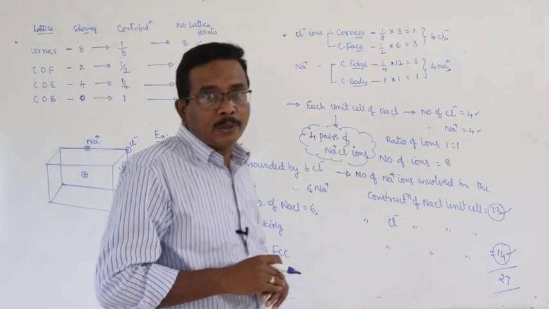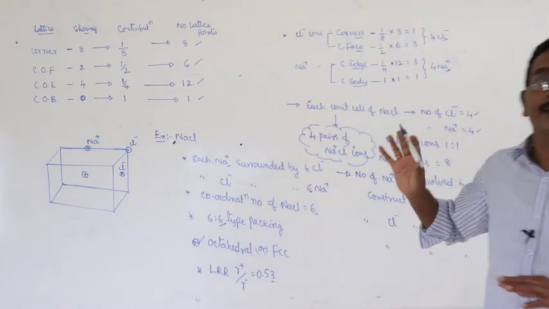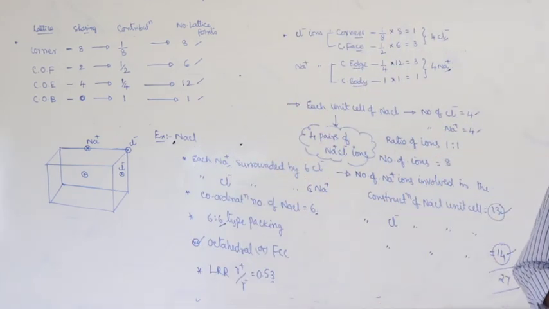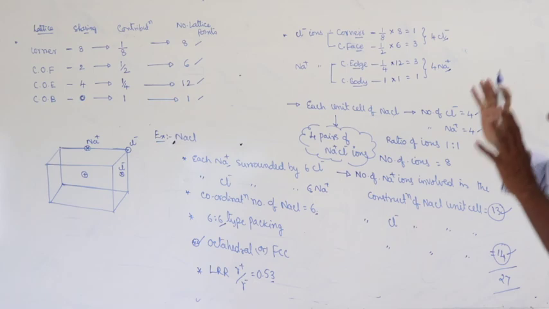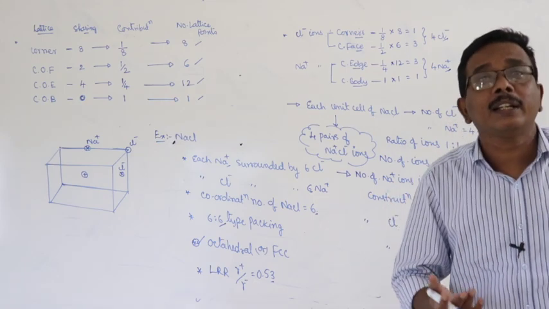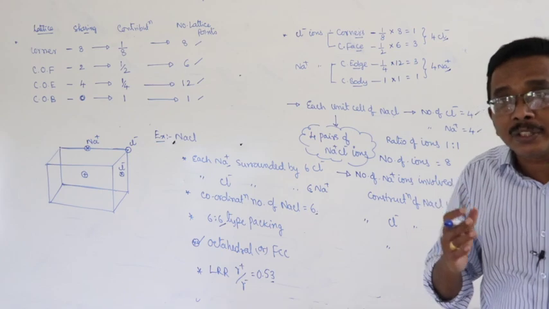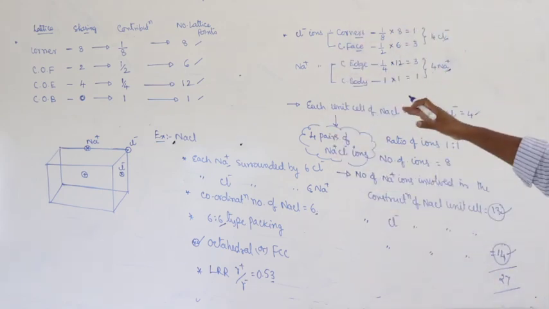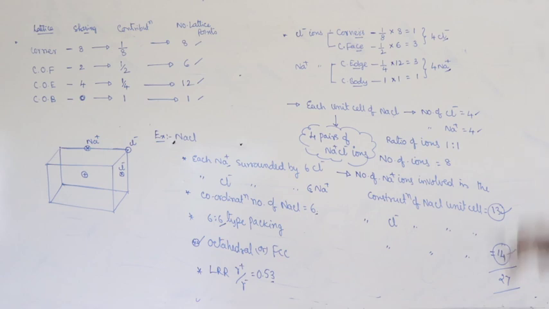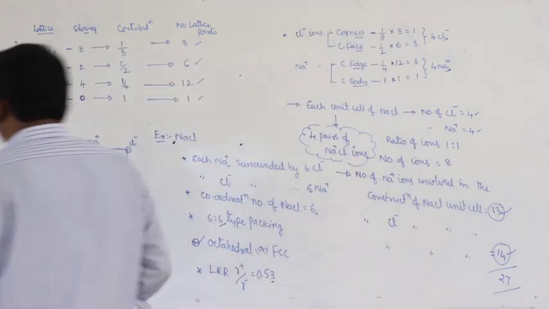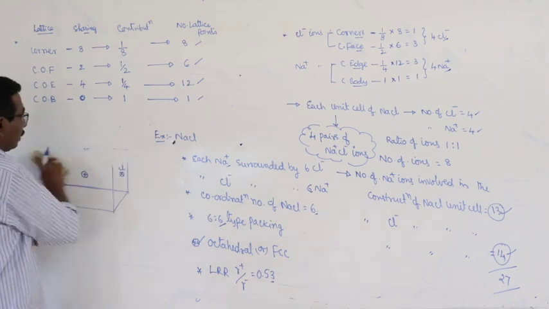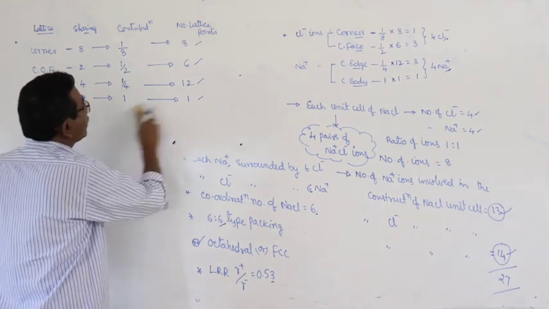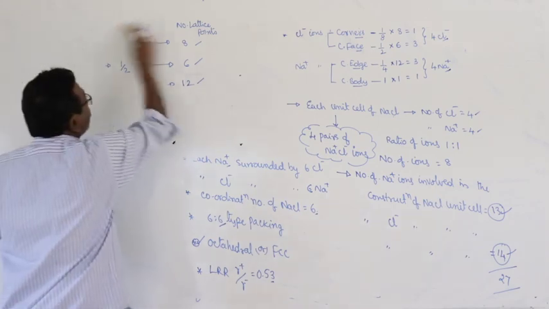But here there is an important note. Actually, these details, nothing but crystal structures, are given in the chapter chemical bond, and the same concept will be repeated in the second year. There is an important chapter, namely solid state. Once again the same thing is repeated in the second year also. This is about the details of sodium chloride crystal. Right. What about the shape of cesium chloride? Cesium chloride crystal.